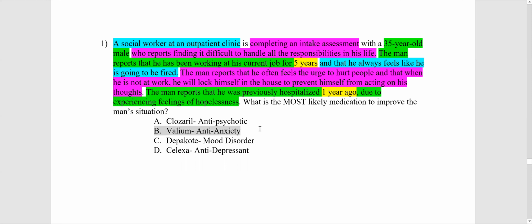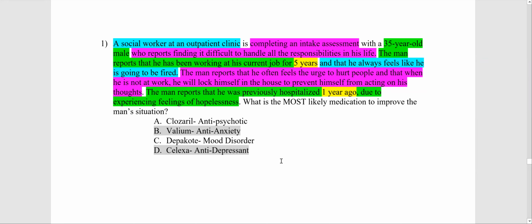It doesn't say he's irritated. It doesn't say he lacks motivation. It doesn't say he fears being separated from people. It doesn't say that he has social anxiety, anything like that. So we don't really want to turn down the volume of his anxiety, because he does have, probably more extensively, paranoia. We're going to rule out Celexa because even though he was hospitalized 1 year ago for feelings